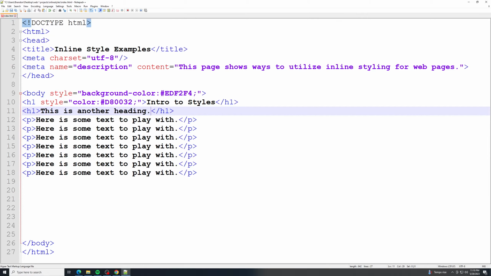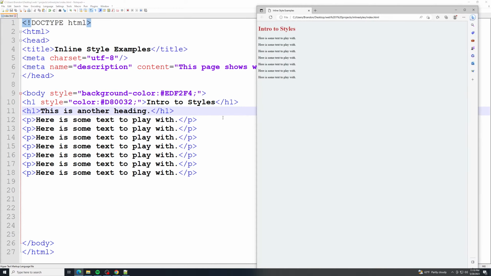This is another heading. Okay, so I'm going to save that and then go to my page. This one down here doesn't take that other attribute because we defined it inline, so it's only going to affect this one here. Down here where we have the paragraphs, if I want them all to have the same styles,